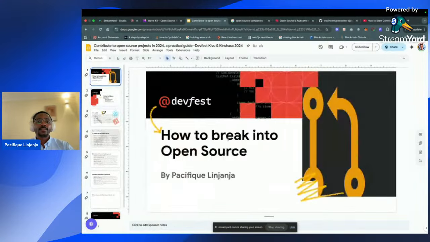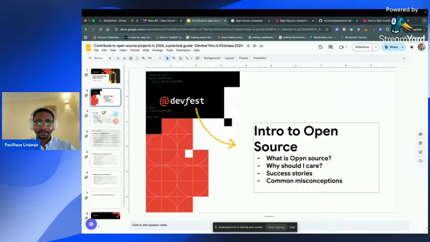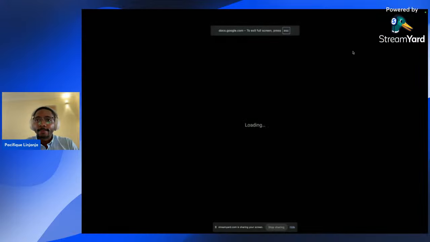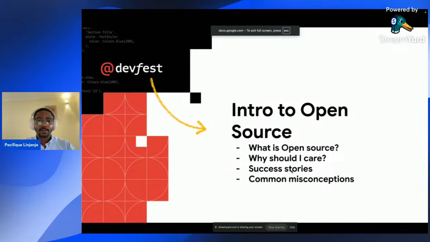It's something we talked about last year, for people who were at DevFest in Kigali and also in Kivu, I think. We will try to talk about what open source is first. Then we'll talk about why I should care: is it even important to contribute?